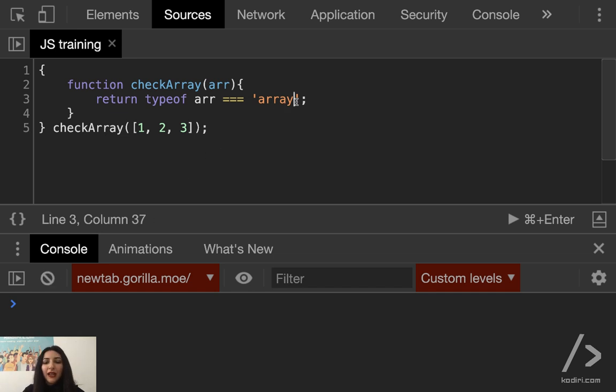So to check if it's an array or not, we write